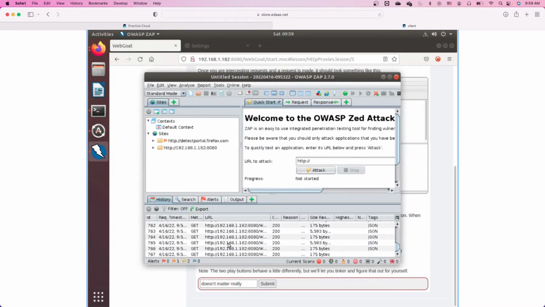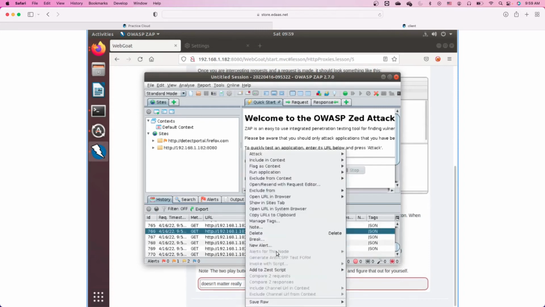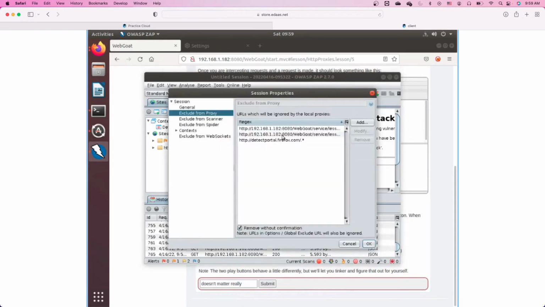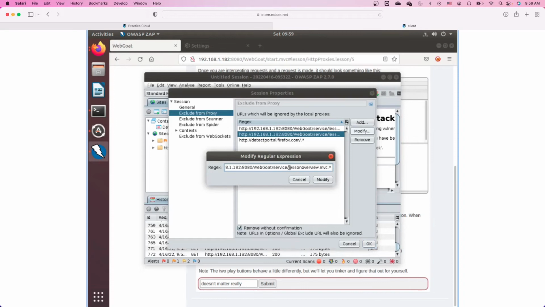Also, there are a bunch of other requests to the WebGoat server, but those are not the requests that we are interested in on this page. So we want to exclude them as well. In order to do that, we want to further exclude those requests, right? You will notice that there are a lot of requests from service. That's not what we want. We want to exclude that. So then it's going to be service,